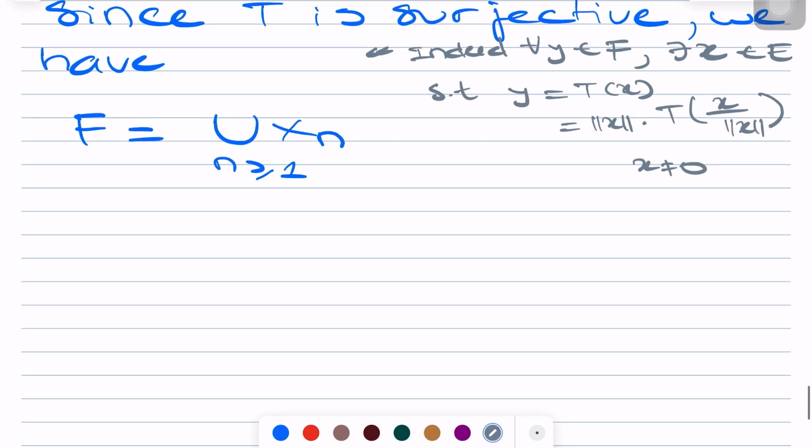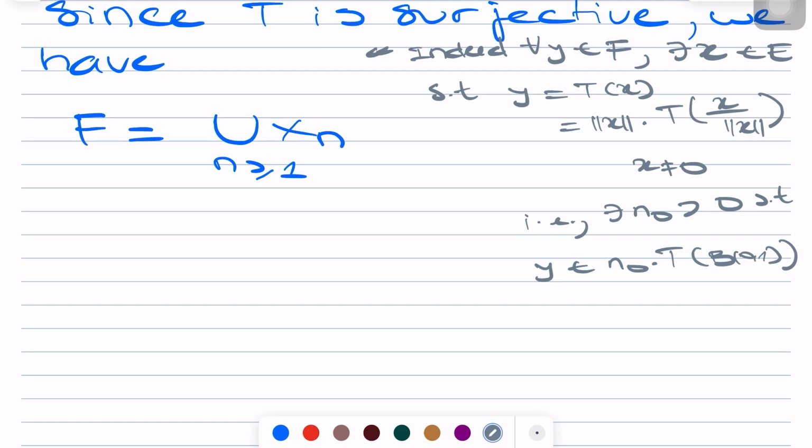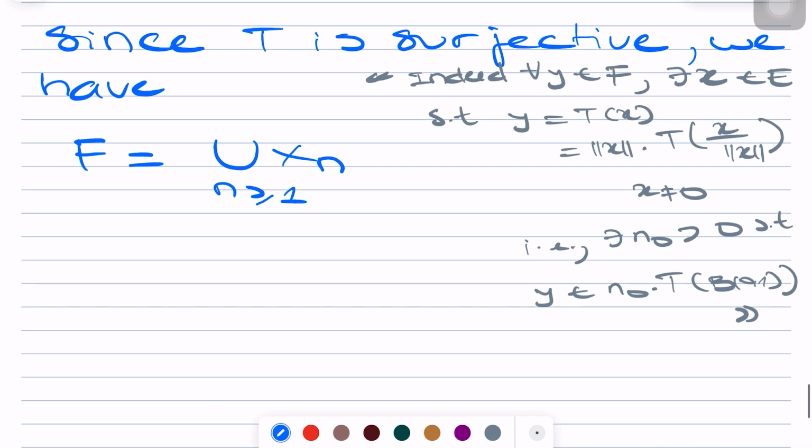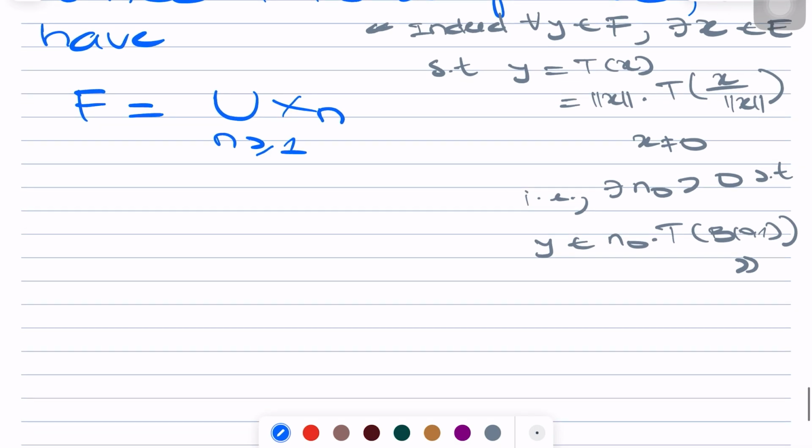Otherwise we would have T of 0 equals 0, which is a contradiction. So for every y in F, we can always find an x in E such that y is equal to Tx, and this can be rewritten as norm of x times T of x over norm of x. This means we can always find n0 strictly positive such that y belongs to n0 times the image of the unit ball. So this concludes the proof that F is exactly the union of the X_n. Now, since F is complete,